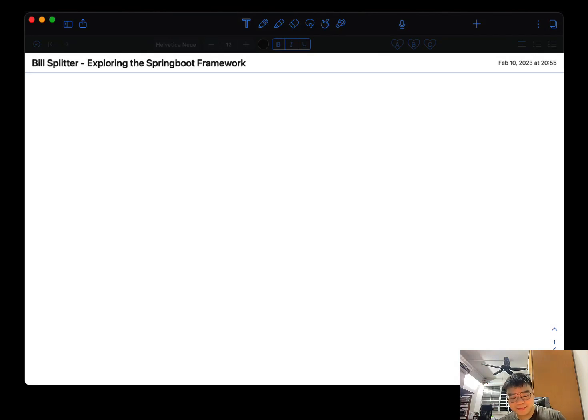Hi everyone, welcome back. Today we're exploring the Springboot framework, and how we're going to go about this is by building a very simple application called a bill splitter. Like its name suggests, the objective of this application is to receive an input of items and people who are going to split the bill for this list of items. And this very simple API service will return back exactly how much each of these people who's splitting the bill